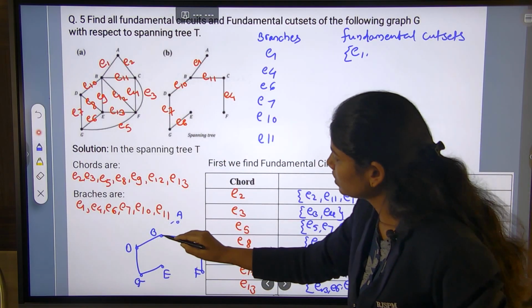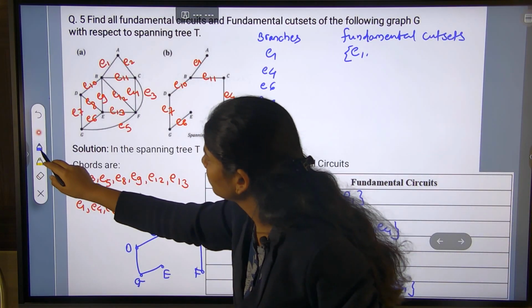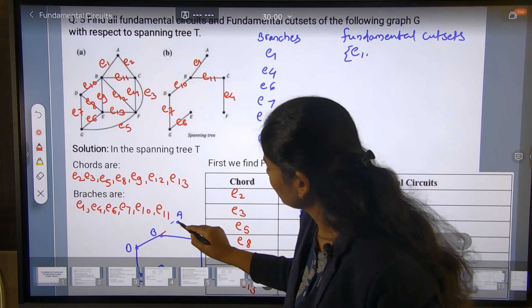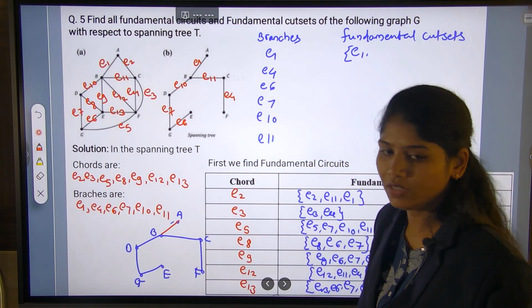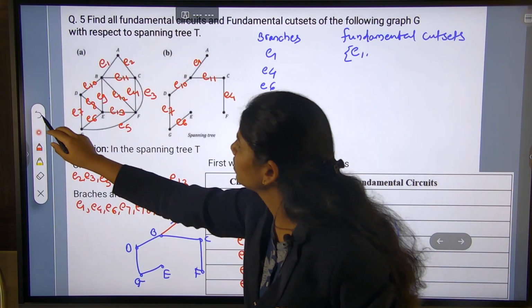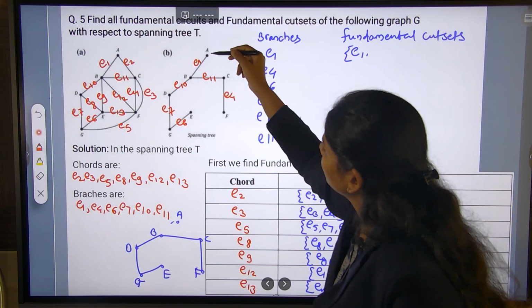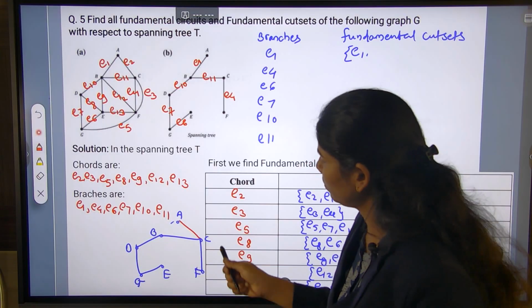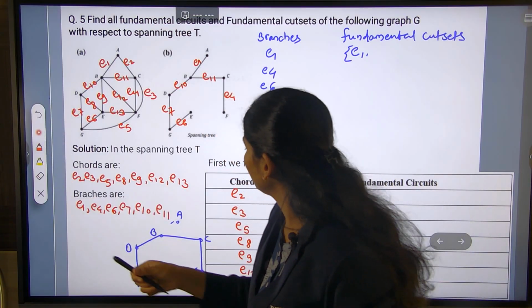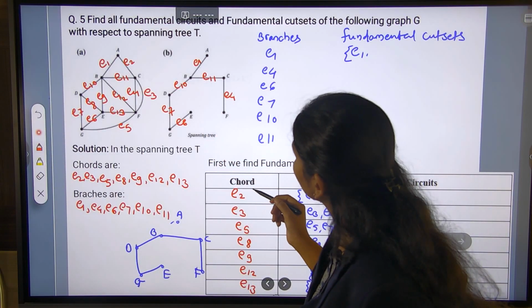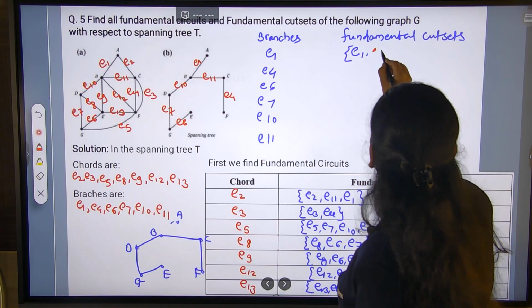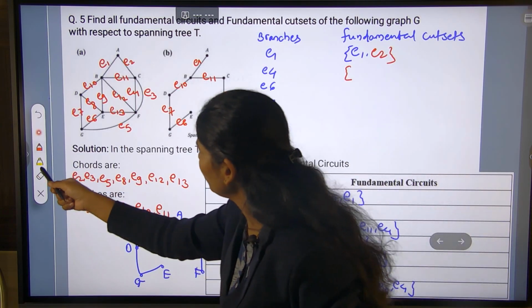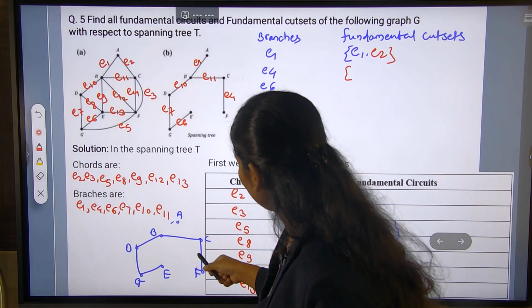So E1 itself. If we draw E1, we'll get the connected one, therefore E1 is there. Then if we draw E2, again we get the connected one, therefore write down E2. So E1, E2. Next go for E4. If we remove E4, E4 is here,